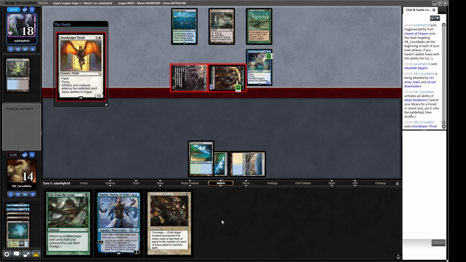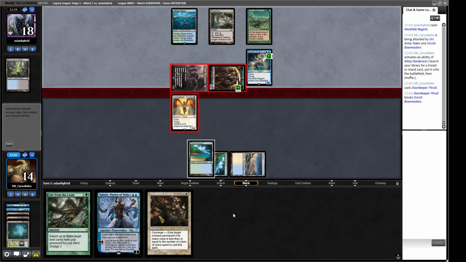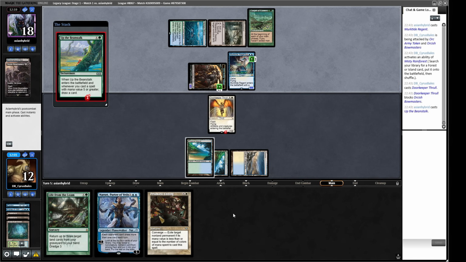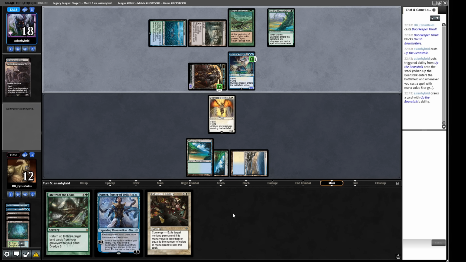So they could have some kind of counter spell here. Let's get rid of this. Okay, this unlocks our cantrips. Unless they just go black mana, make another guy. Okay, Beanstalk, pretty good. If we find a land, then we can Narset and try and dig for a